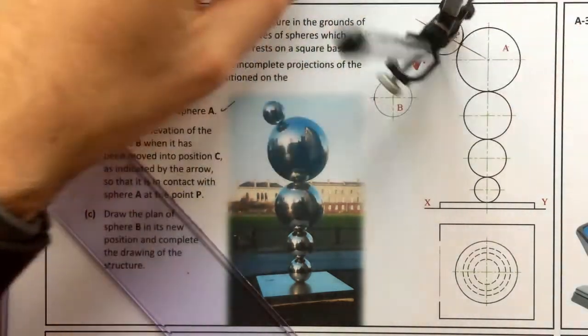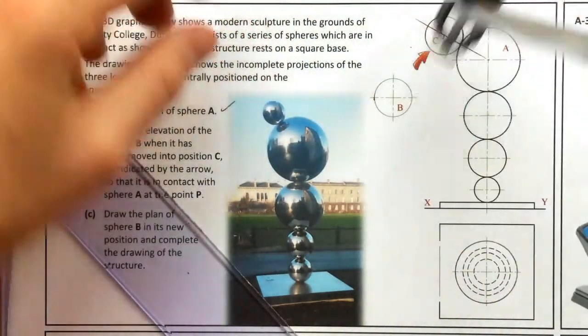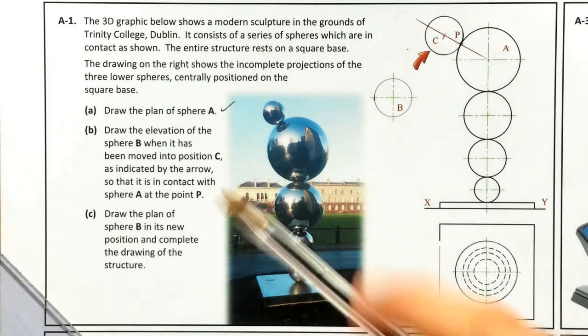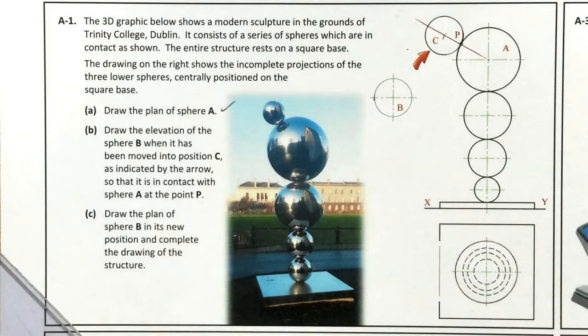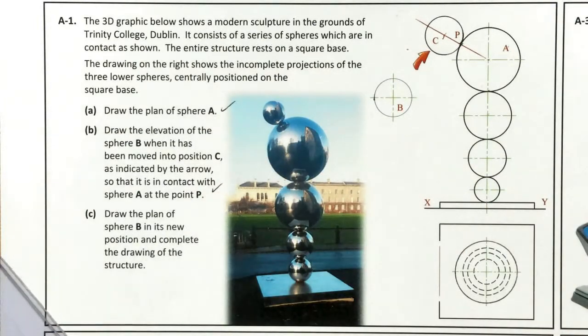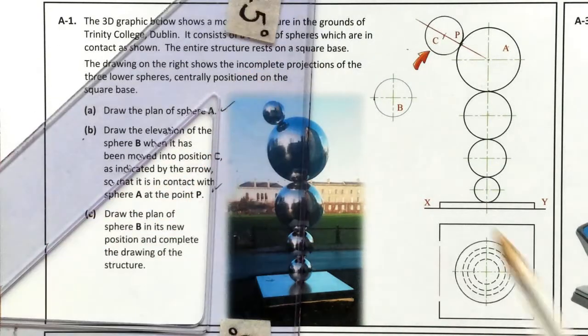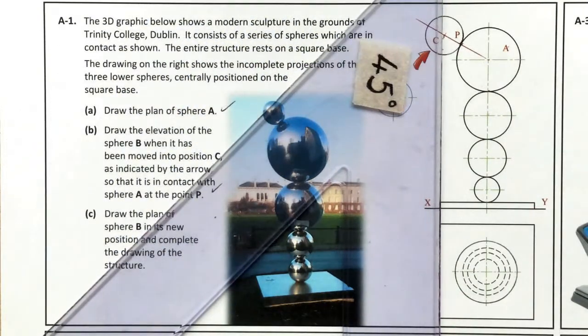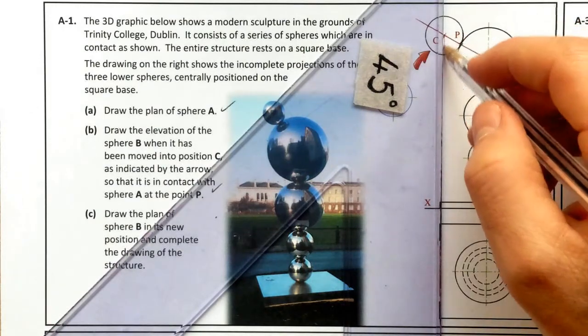So there's our sphere B, drawn in position C. So now we have sphere B drawn, and then part C, so I'll tick off that one as well. In part C, it's telling us to draw the plan of sphere B as well. Now that we have sphere B in its correct position, the center has to be directly below it,